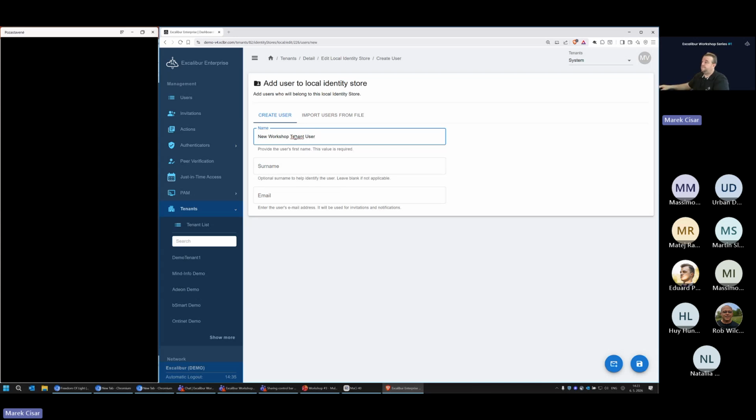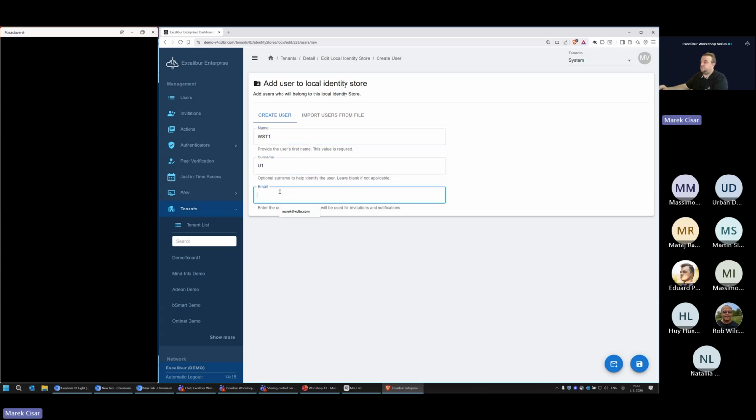No, I will do it like this. Workshop tenant 1, user 1, and the surname will be, or let's do it like this. Workshop tenant 1, user 1.